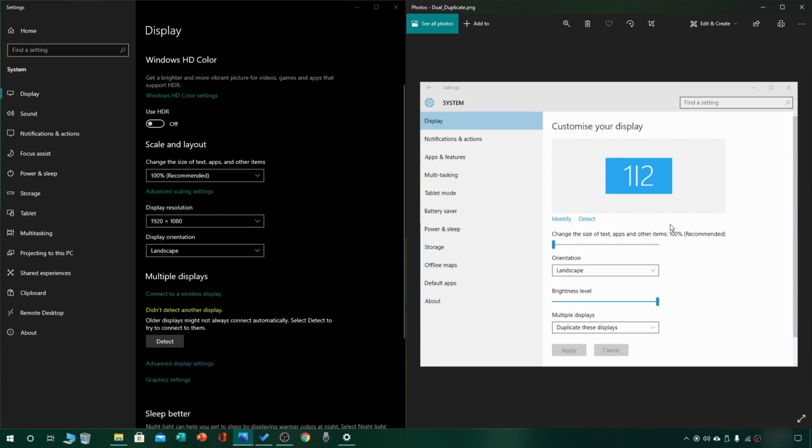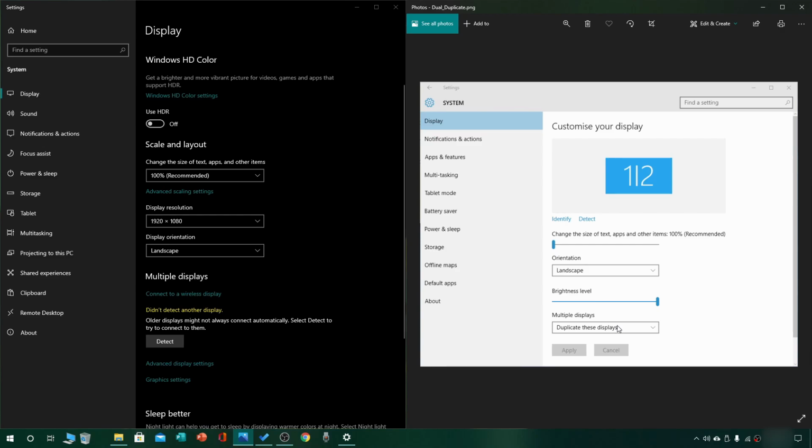One of the things that I have commonly seen amongst many of my friends and colleagues when doing presentations or workshops is that they often use this mode, which is called duplicate these displays. Duplicate these displays puts exactly the same thing on both screens, on your main screen and on your presentation screen, whether it's a monitor or a TV, doesn't matter. It duplicates them. Now, there's two problems with this. One,